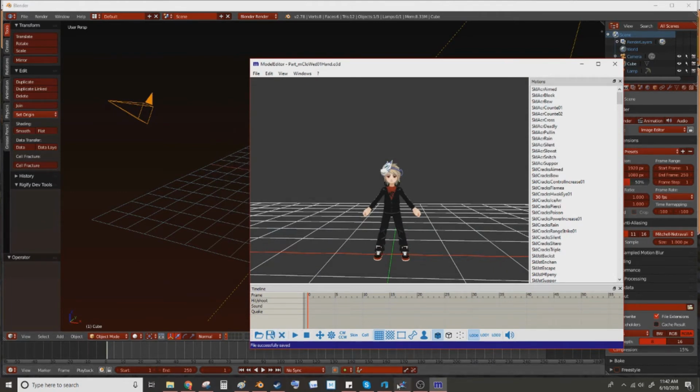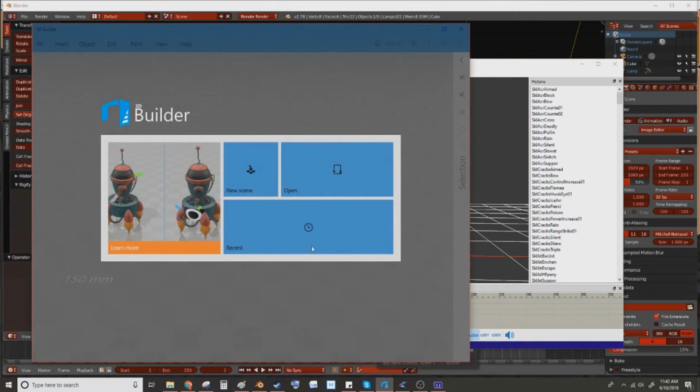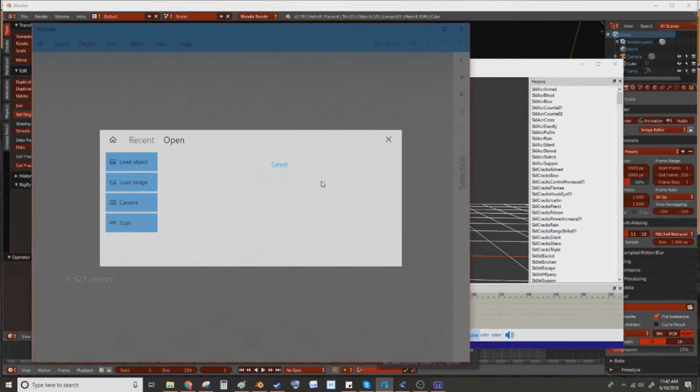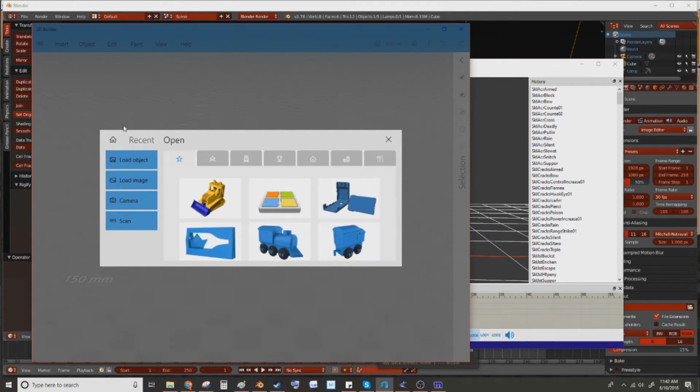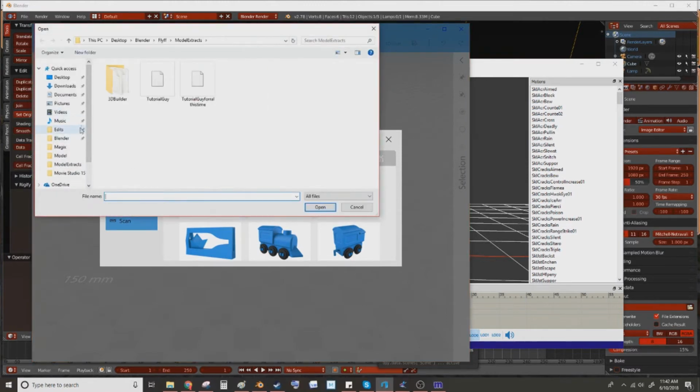Next we will open up that 3D builder program mentioned earlier and find some way to open up a file. I have almost no experience with this program. I only know how to do this. So we're going to go to load object, go to our Blender folder,